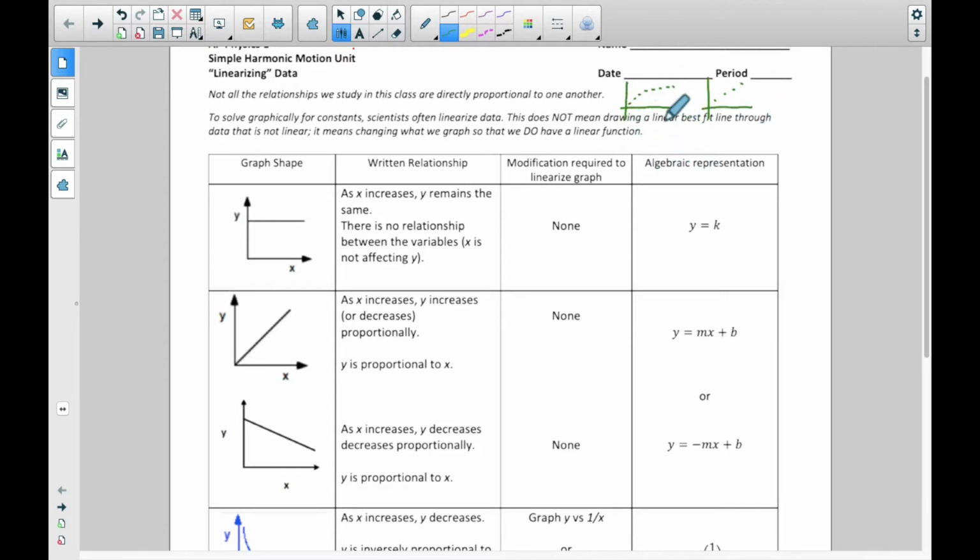What it doesn't mean is that we take something that's not linear and just draw a straight line and say, actually, it's like this. That's not what it means. What it means is we have to actually manipulate our variables so that we get a straight line rather than a curved line. And the reason this is coming up now is because of that lab that we did at the very beginning with the pendulum,